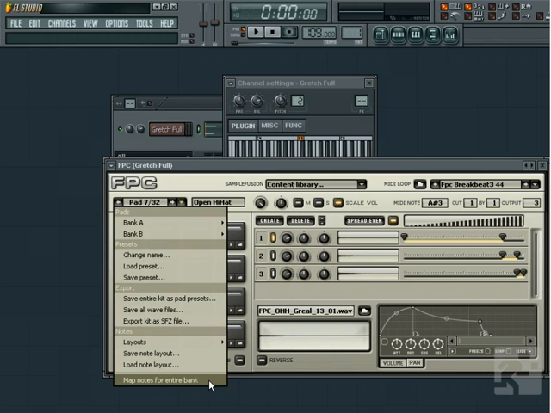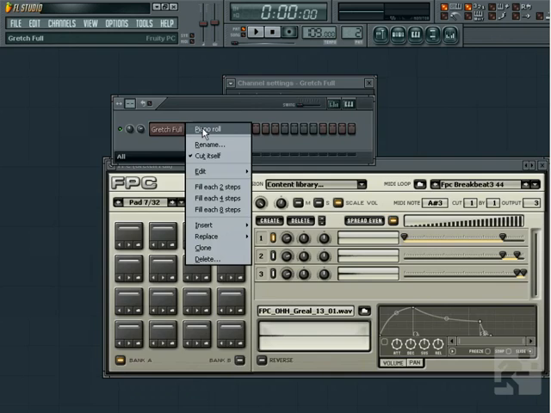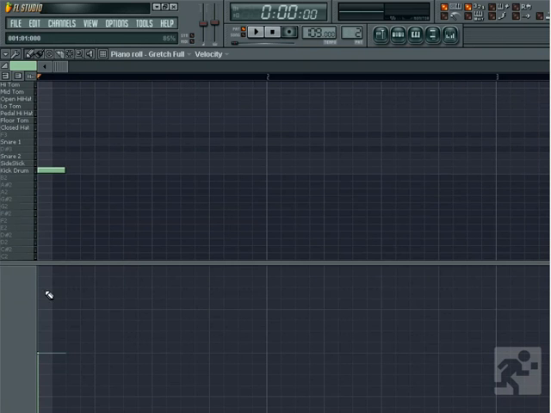And remember, the FPC is used just like any other generator in FL Studio. You draw out notes on the piano roll to create loops. The only difference is, instead of using the notes of a keyboard, you're working with up to 24 pads of samples you've loaded. I personally think that the FPC is a fantastic tool for drums and also has some unconventional